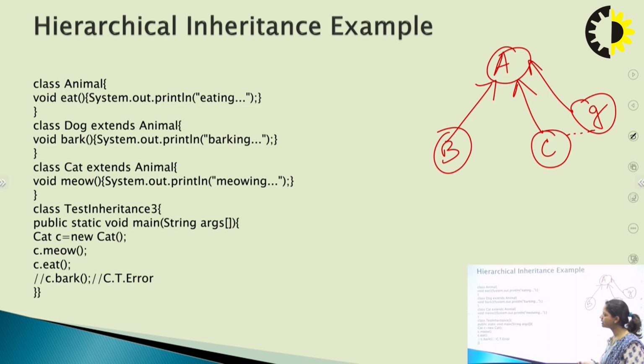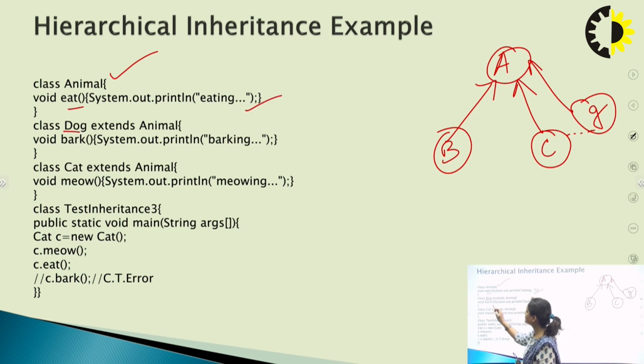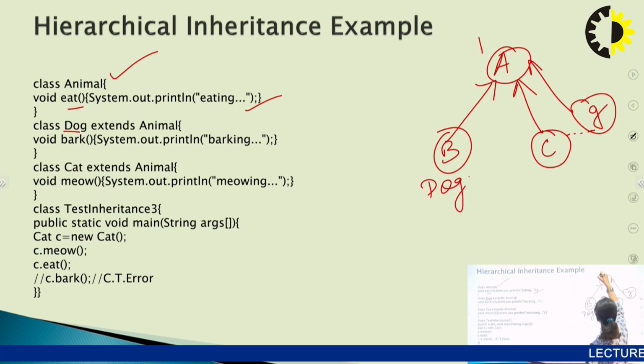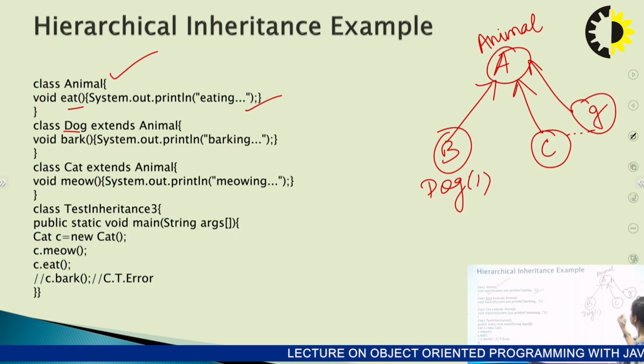So let's take an example of how this kind of structure, this kind of accessibility, will be achieved in a programming language. Here we have again class animal. We are further extending the program which we have taken in single inheritance, again containing the eat method we have already discussed. Dog is its one child class. This is your animal class, having dog as its child 1, and the cat as its child.